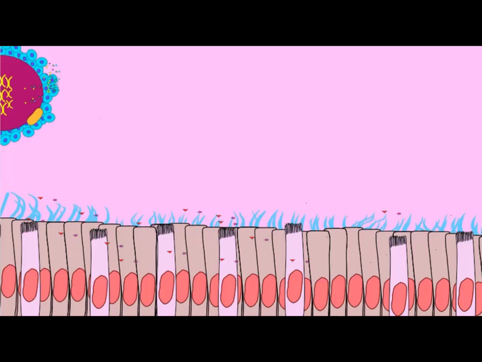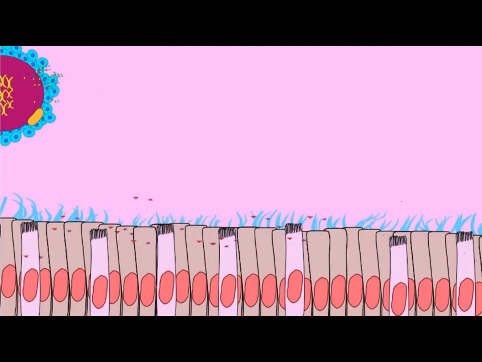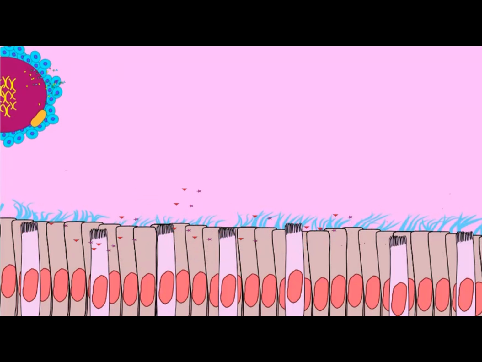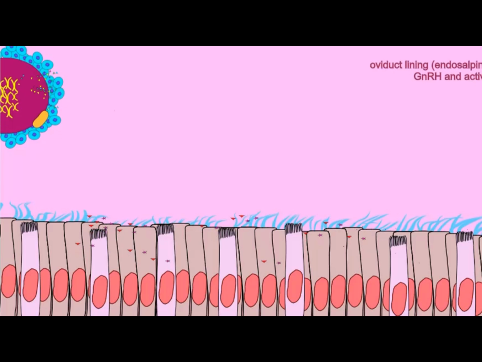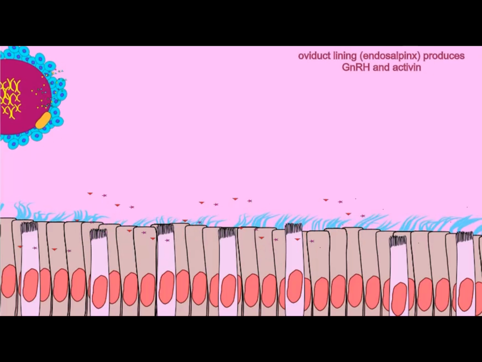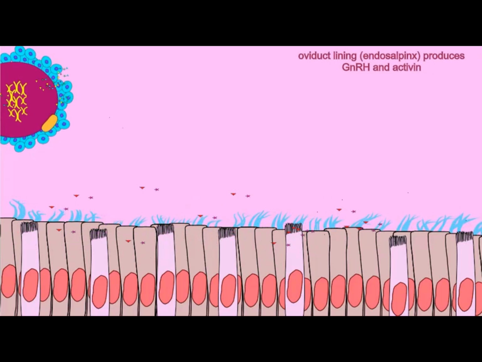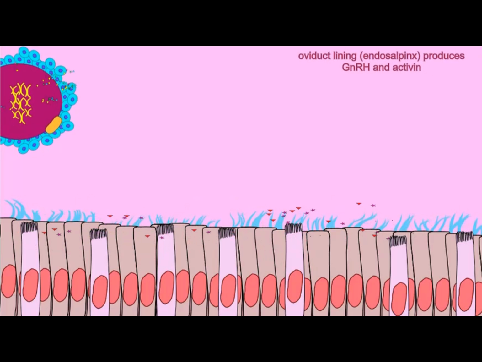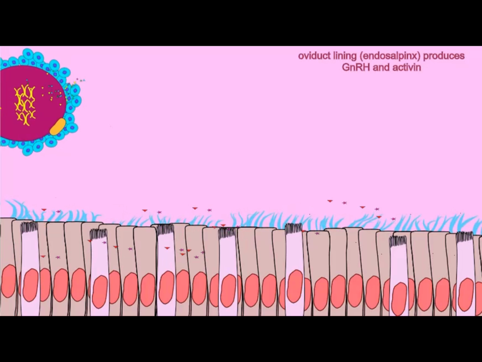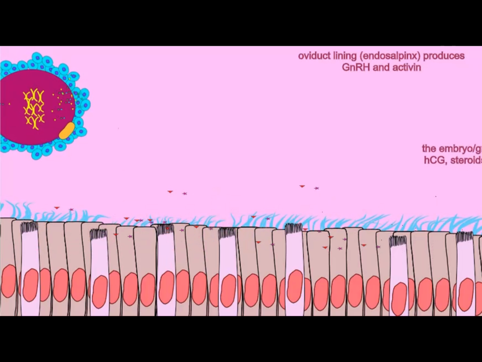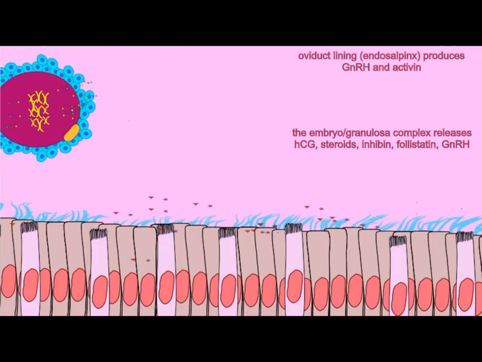An oocyte surrounded by its corona radiata of granulosa cells, or an early embryo if fertilized. These structures are exposed to hormones, which can be made by the lining of the oviduct, by the granulosa cells, or by the oocyte or embryo itself. These hormones can act in a paracrine fashion, affecting neighboring cells, or an oocyte can make autocrine hormones which affect